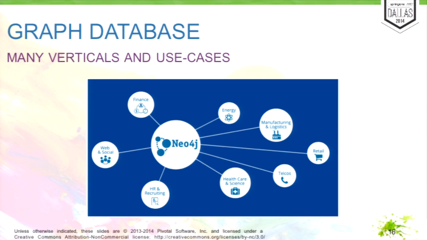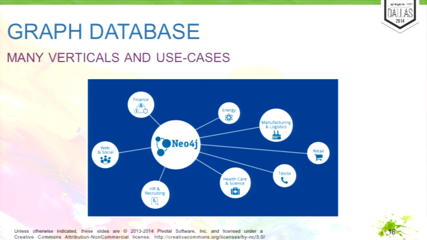Let's try that. So in finance, it's, for instance, fraud detection, account management, portfolio management. In energy, it's, for instance, flow optimization. So if I have an energy distribution network, I want to optimize that, then I can use a graph for that. Manufacturing and logistics is, for instance, high-performance routing. So if I have a logistics company that routes 2 million packages per day, then it can use a graph database to do that in a large country. In retail, it's of course recommendations, but also other aspects like catalog management. Telecommunication companies use graph databases for network management, impact analytics, and optimizations.